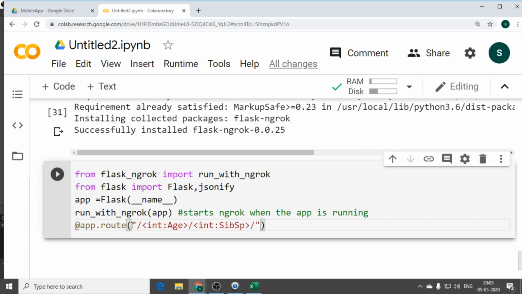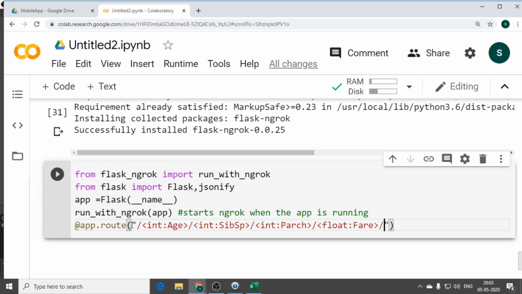Then you go for parents or children, integer, parents or children, slash, then float, because fare is a float value. Always give slash to denote each and every column name.